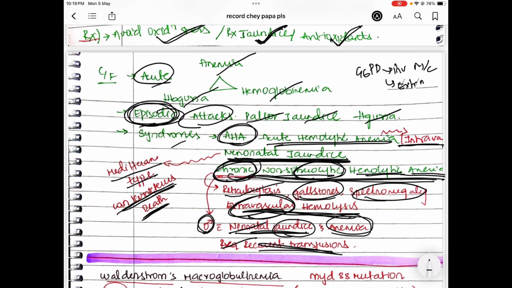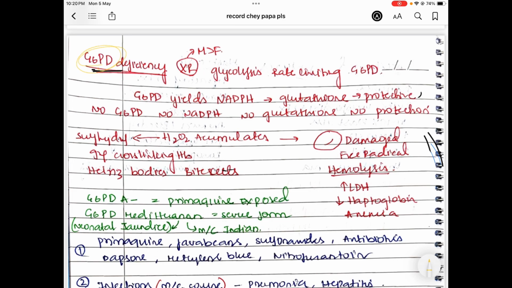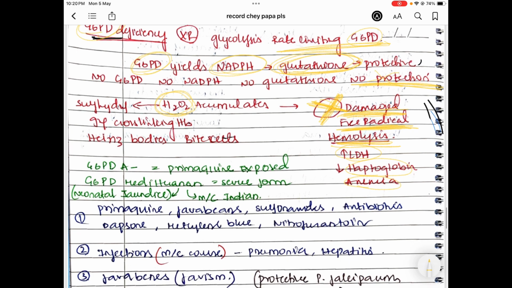So if we summarize the whole thing, in G6PD deficiency, there is deficiency of this rate limiting enzyme called G6PD. If there is no G6PD, there is no NADPH. If there is no NADPH, there is no glutathione. If there is no glutathione, there is no one to protect the RBC from oxidative stress, right? So no protection. So what happens? It will lead to H2O2 accumulation, making the RBC prone to free radical damage. So once the free radical damage happens, the RBC undergoes hemolysis, intravascular hemolysis, leading to LDH increase, haptoglobin decrease, anemia and all. And the second thing which can happen is sulfhydryl group cross links between hemoglobin, leading to Heinz bodies